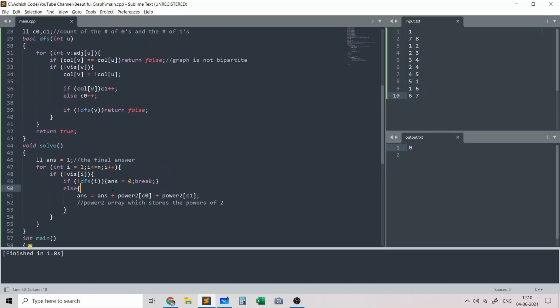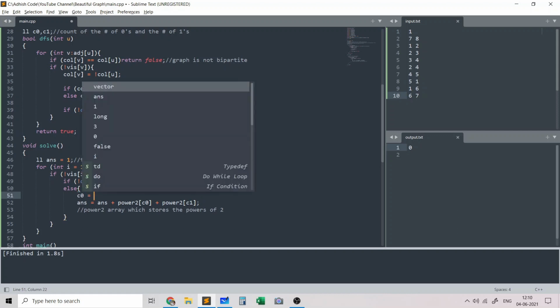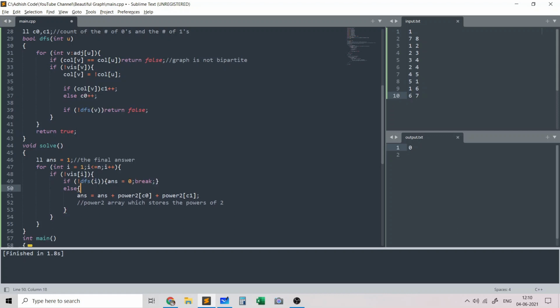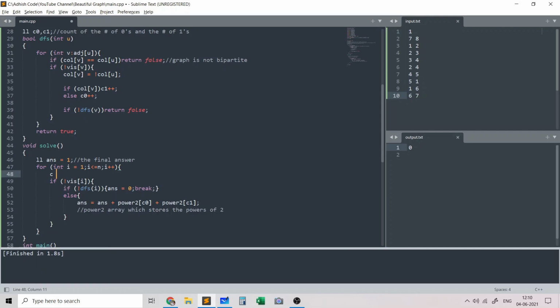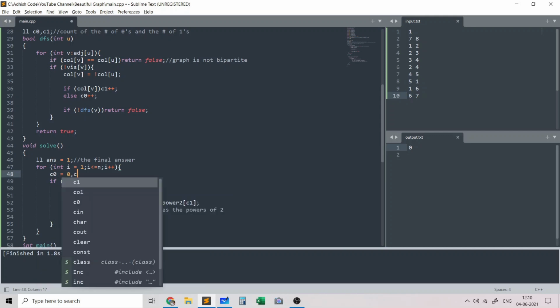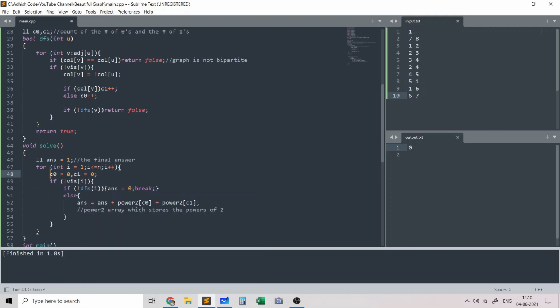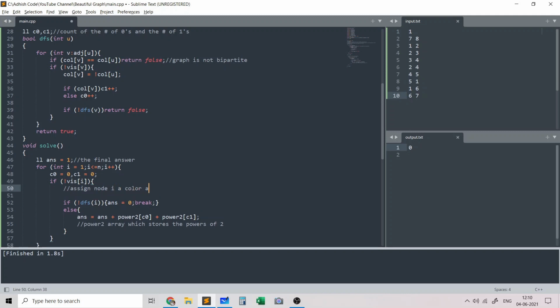Also in the solve function, I need to reinitialize count 0 to be 0 and count 1 to be 0, and I need to assign a color. So assign node i a color. This is arbitrary, you can choose whichever color you want to assign node 1, it doesn't matter.